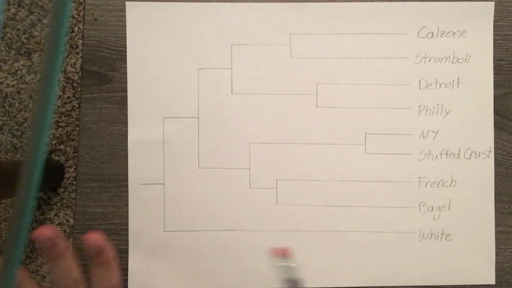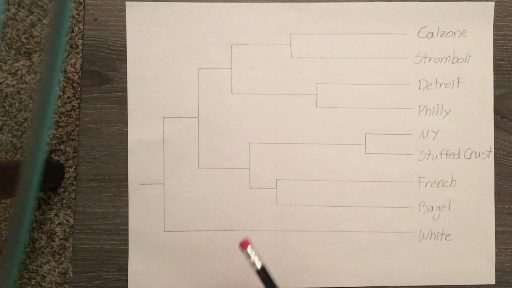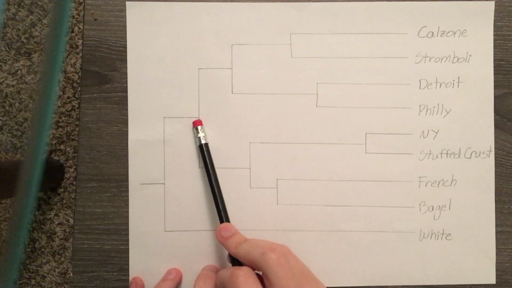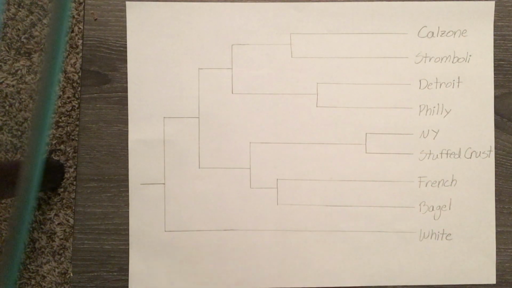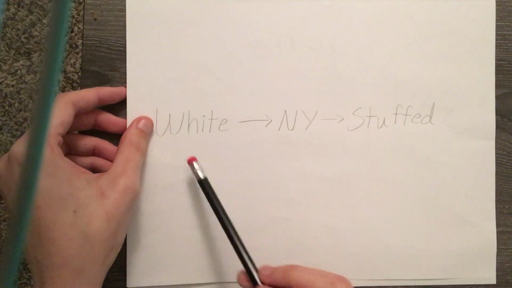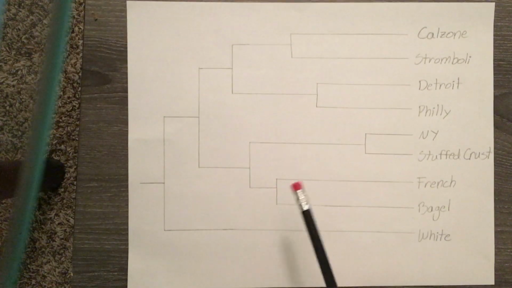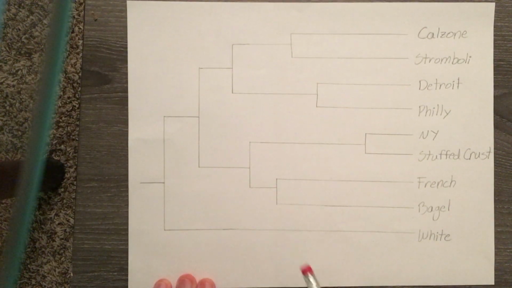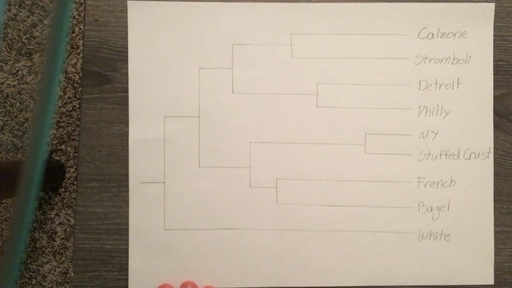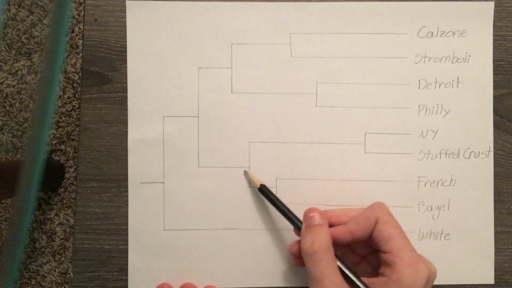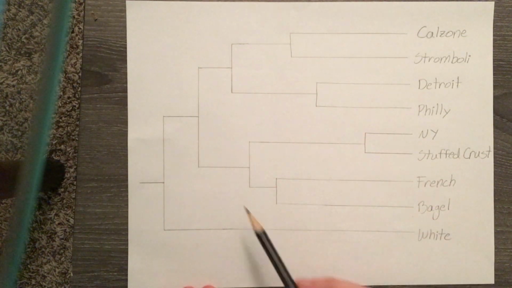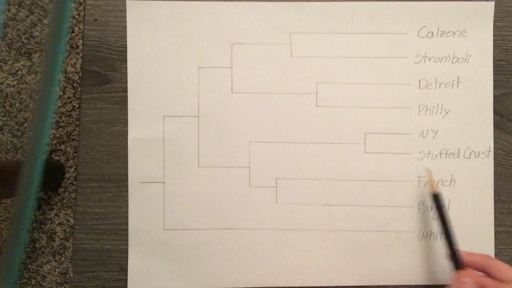And then we see that this tree is showing cladogenesis, where we'll have a common ancestor that splits into 2, instead of anagenesis, which is a gradual evolution in a linear fashion, which we do see along these straight lines. And then we also have internal nodes where we have different common ancestors that diverged and made the pizzas